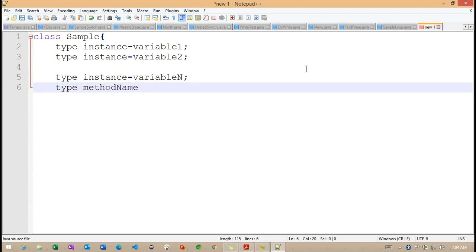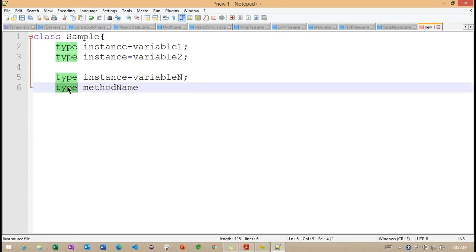So this is the syntax I'm trying to create here. The name of the particular class we are going to work with, and we'll try to connect with our variables here. Whenever we are trying to create a variable, first we need to understand the type. We already discussed what data types we have in Java. Along with this type, I'm going to provide the name of the variable.